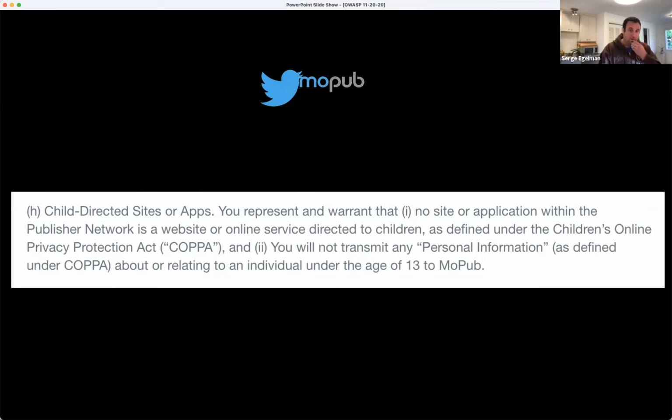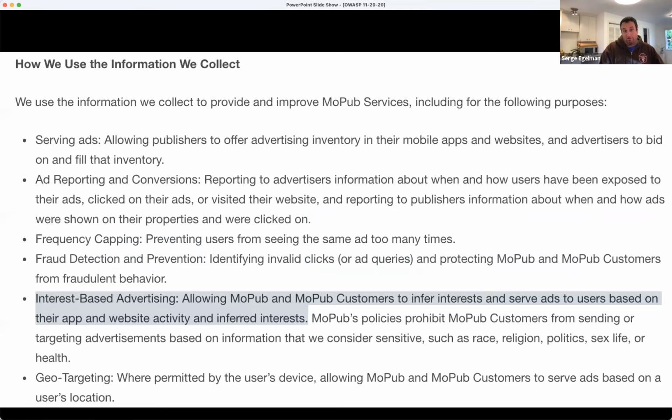Here's MoPub: you will not transmit any personal information as defined under COPPA about or relating to an individual under the age of 13 to MoPub. You might wonder why. Well, in their privacy policy, it says that the data they collect is used for interest-based ads, and therefore, if that data comes from children, that's most likely illegal.